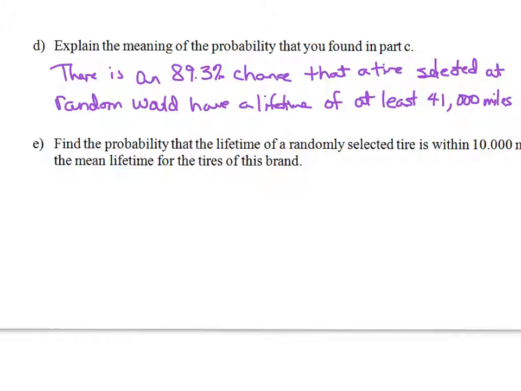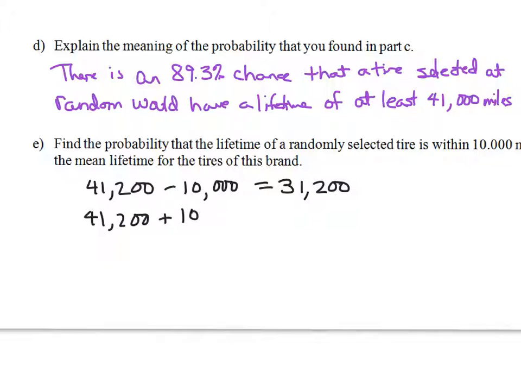So within 10,000 miles means that I can either take the mean of 41,200 and be 10,000 below, which of course would give me 31,200, or I could be 10,000 miles above the mean. So if that's true, I would be at 51,200. So if we want to find this probability, we're going to do the normal CDF